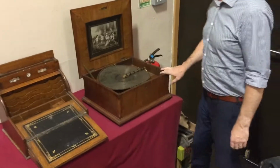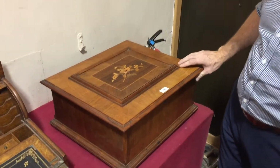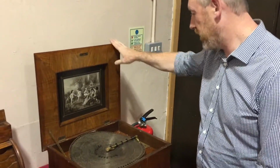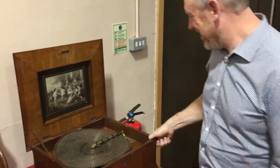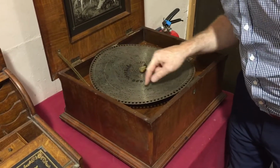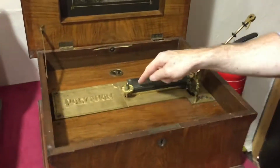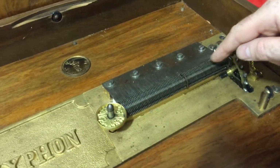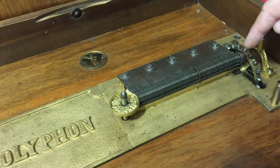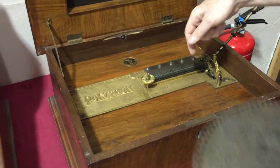And there's a 19th century musical box. This is called a polyphon. So this is the prelude to the record player. These play these metal discs which have little holes punctured in them. And if you look underneath here, there's a metal comb. And so this tune is played on that tiny comb here. And in a moment, you wouldn't believe the sound that comes from just that little